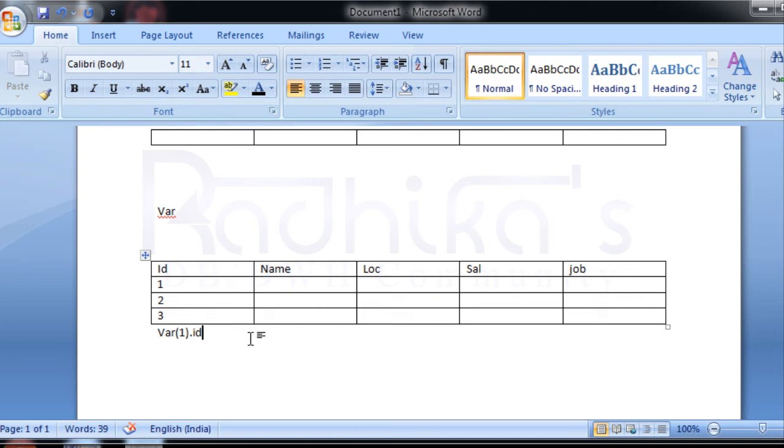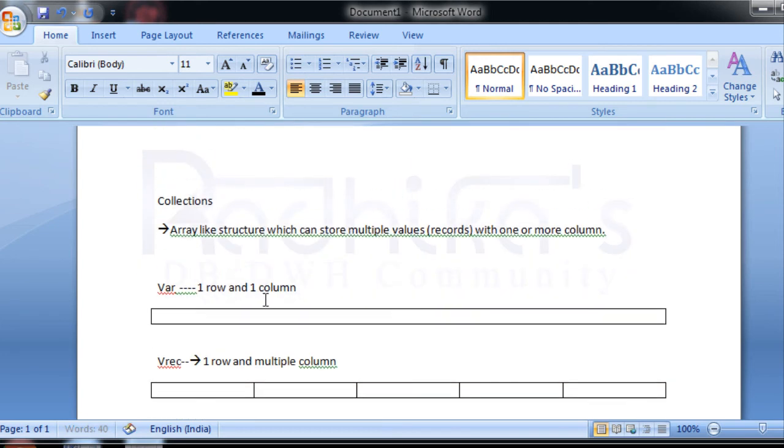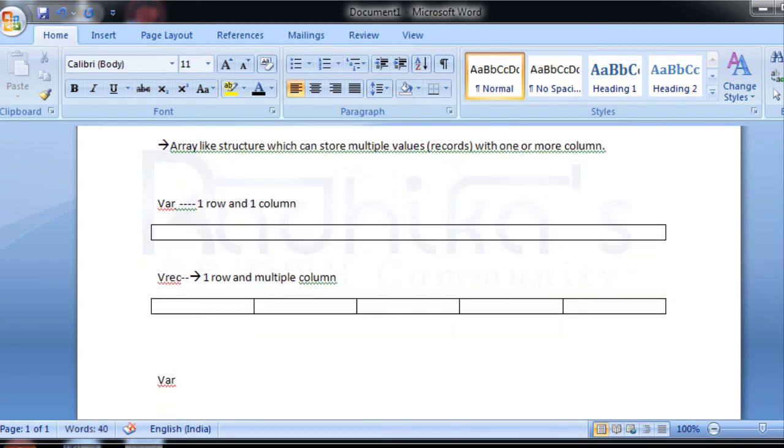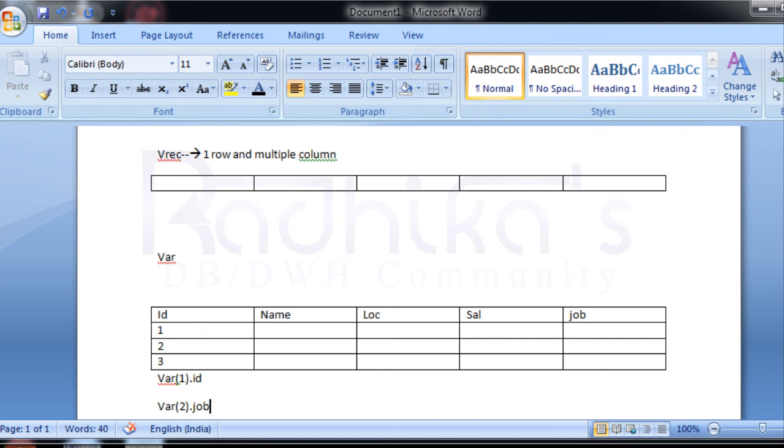Then if you want to fetch from the second row, var of second, and which value do you want? I want the job of the second record. So this is how you fetch it. It's nothing but a collection of records. That's why we say that a collection is an array-like structure. So this is a basic introduction to collections.